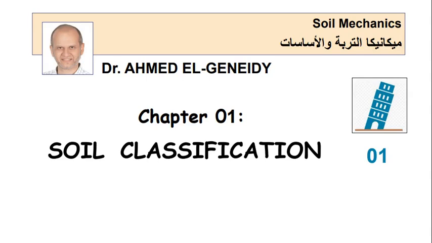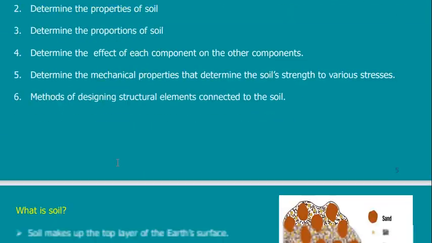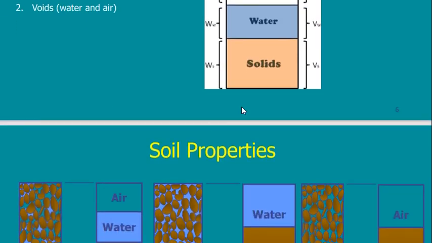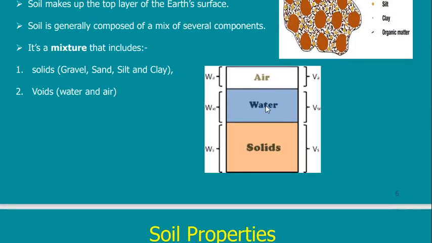Today we are going to have a very quick revision lecture. We are going to check all our chapters. Chapter 1 was speaking about soil classification. In soil classification, we have studied the three-phase diagram. Three-phase diagram means the solid, the water, and the air of the material,